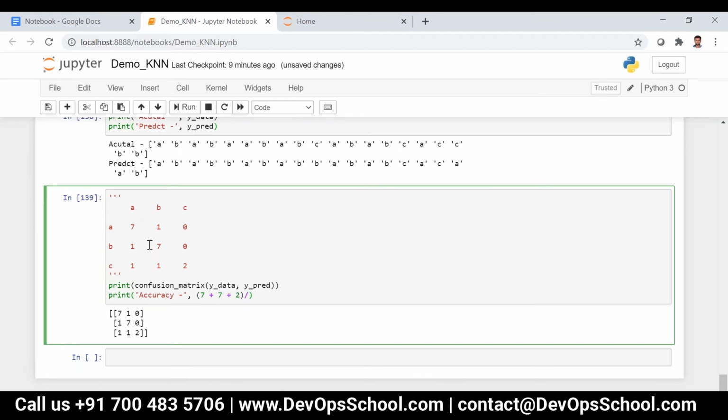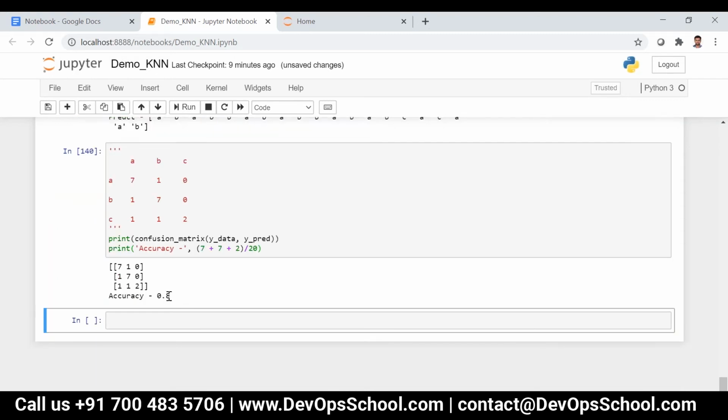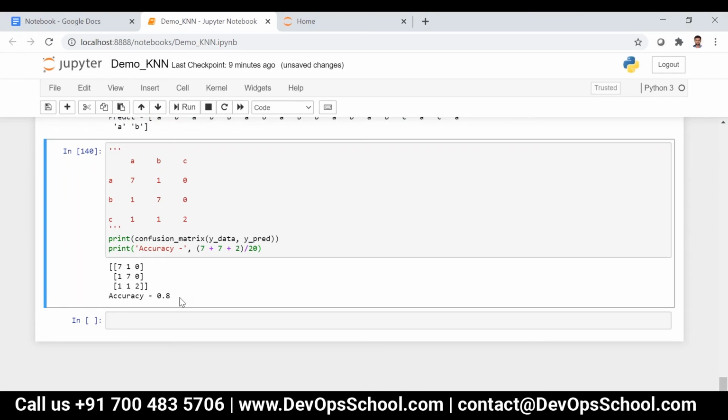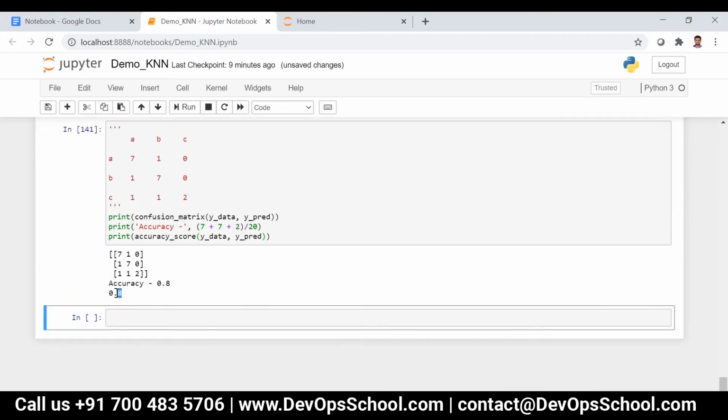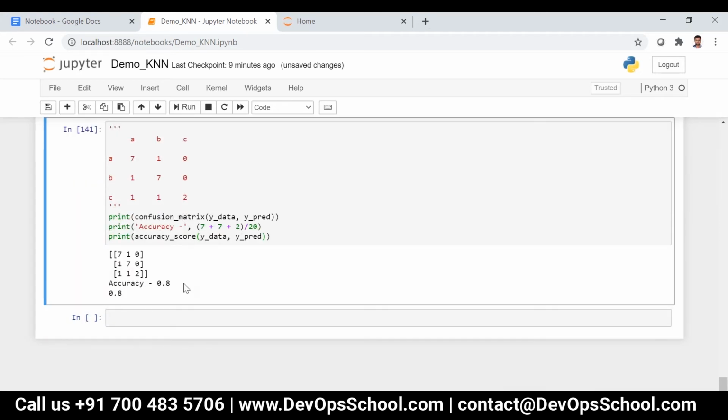Total, that is 8, 8 plus 8 is 16, 16 plus 4 is 20. So accuracy is 80. Okay, so now if I just say the same thing, accuracy score of y_data and then y_pred, you'll be seeing 0.8, actually the same thing.